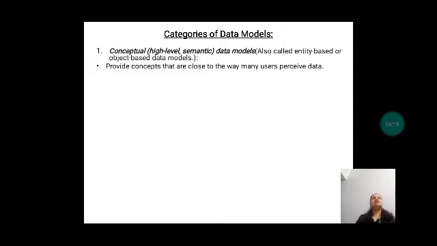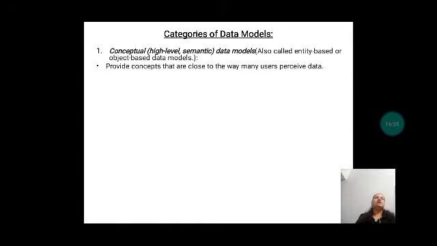These are all called entities. An entity is any real world object, or if it's not a real world object, then at least it should be a concept that has an existence in the real world.